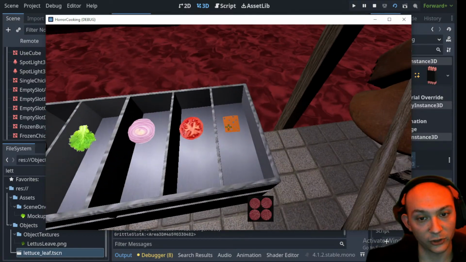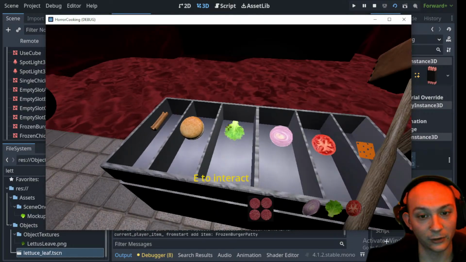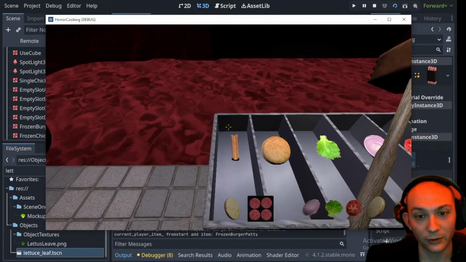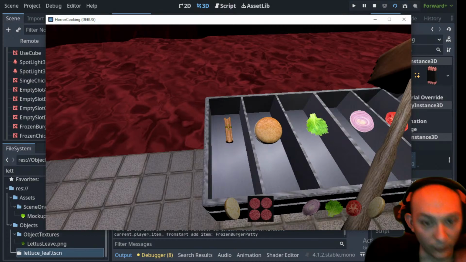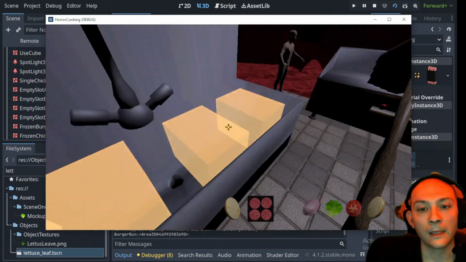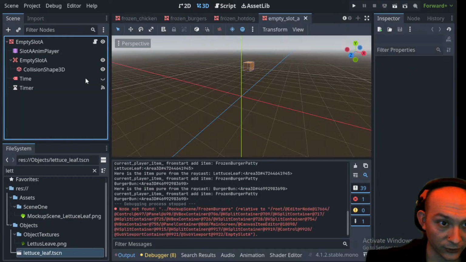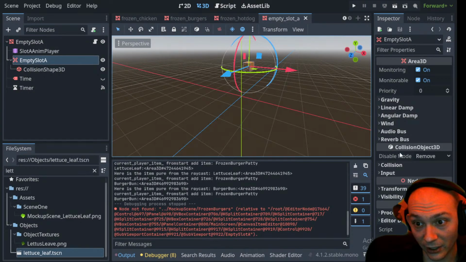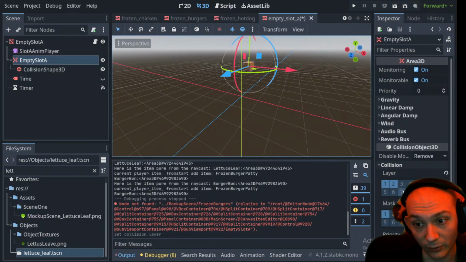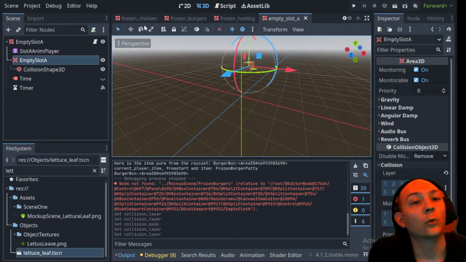We can pick up our cheese. No. We can get that one. We can get that one. This one. This one. And that one we need to correct. So our sink slots are broken. So where do these need to go? Empty slot A, collision, and you need to be placed on the 8th. For interactable,